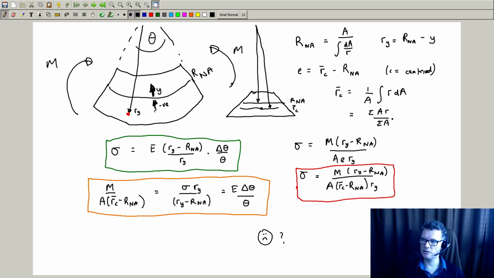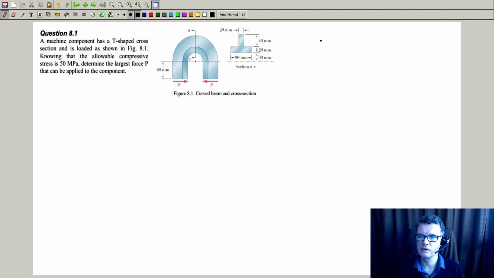I don't really know what subscript to do there. I could attempt to do Y. So I'm going to start off using that equation. So my centroid, I'm dropping the subscripts for the problems. Right, so